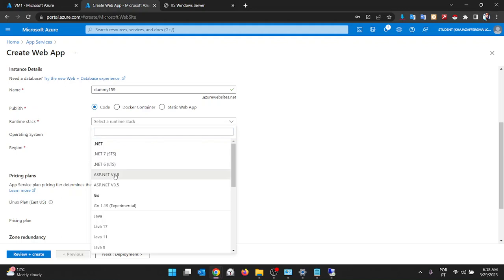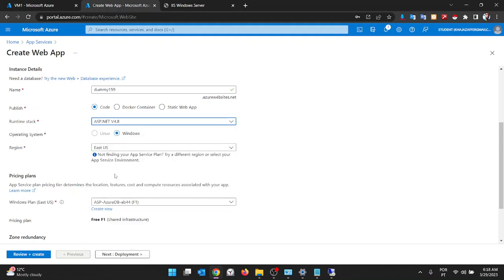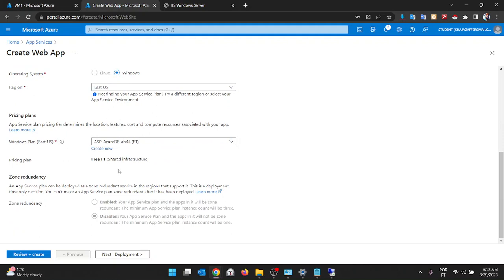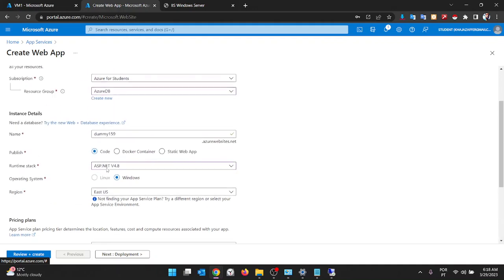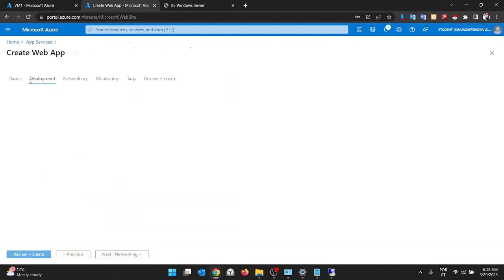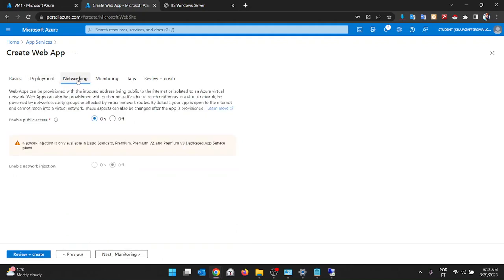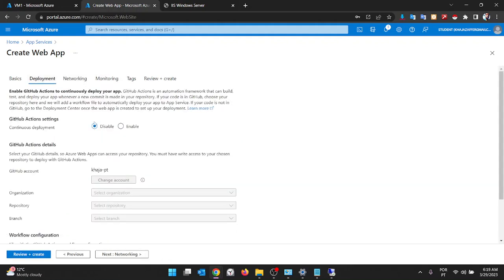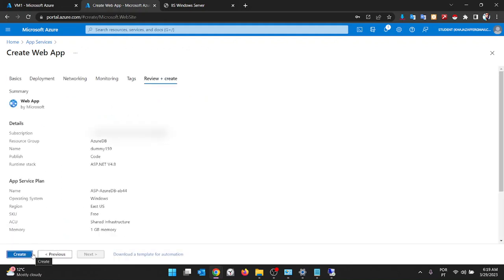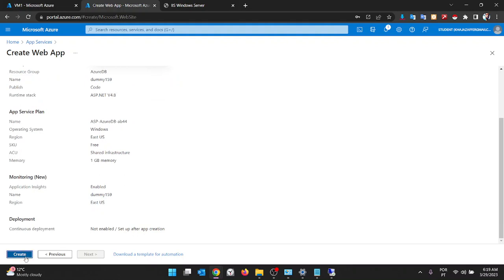If I select ASP.NET, I would be getting some location and some name as my Windows plan. This is just a plan name. You can rename it for your convenience. And if I go to deploy, what happens is if you enable here, your developers can directly get access to this. That's it. I create it,